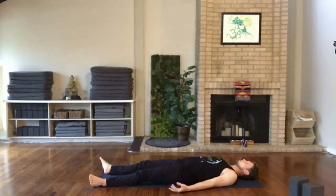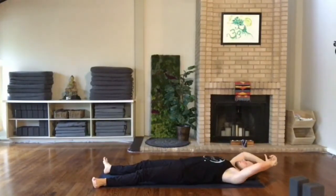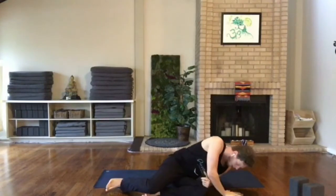Start to make small movements of the fingers and toes, wrists and ankles, arms and legs, knees in, over to one side. Press back up to sitting,